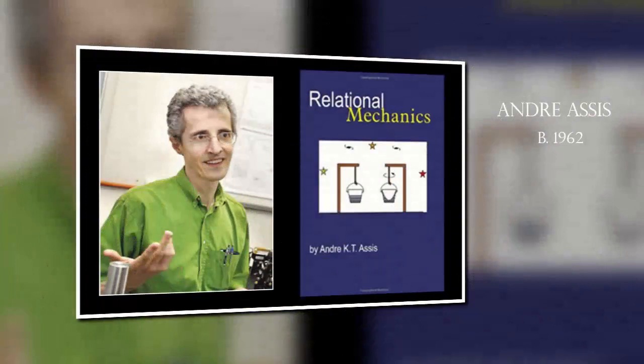Other scientists have applied the general relativity principle with mathematical rigor. For example, physicist André Assis, in his 1999 book, Relational Mechanics, shows by using a combination of Newtonian and Machian physics that we can no longer assume that the Earth rotates within a fixed universe, but the reverse is just as viable and likely. He writes, "The flattened figure of the Earth, or Foucault's pendulum, can no longer be utilized as proofs of the Earth's real rotation."